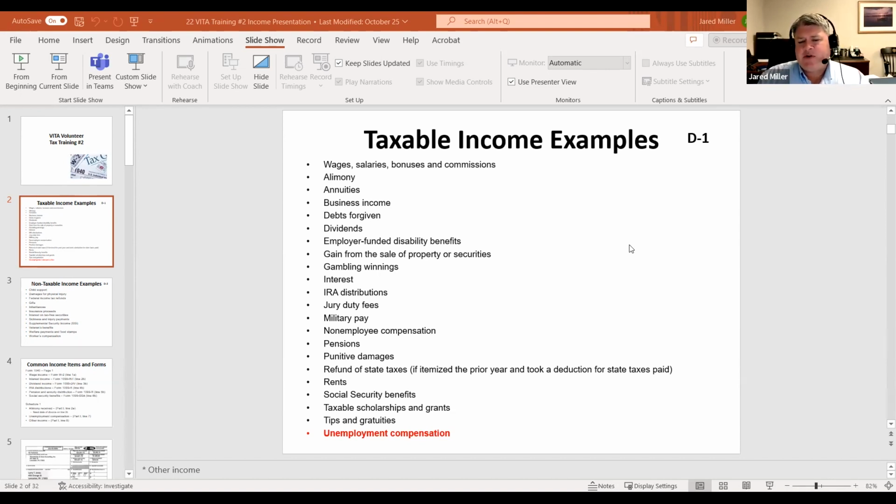2020. There was a very late change that had allowed unemployment compensation to have a portion of that become non-taxable. Depending on how much they had earned, that portion would not be taxed on the return. That actually happened after a lot of returns were already filed for VITA, and became a retroactive change. The government had to fix those. That went away for last year, not in the tax code this year. So again, all unemployment will be taxed in full.